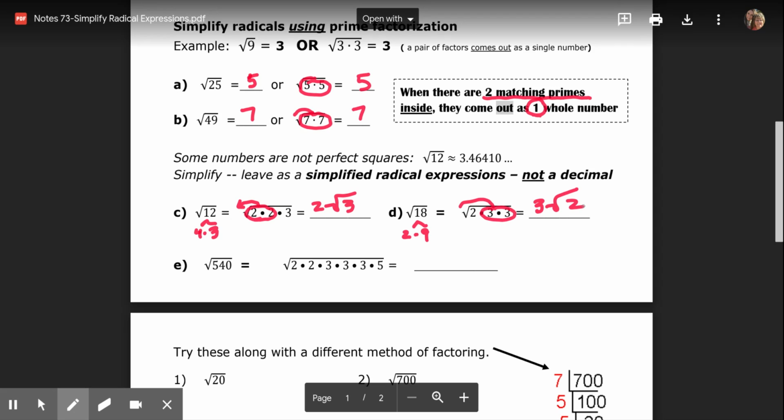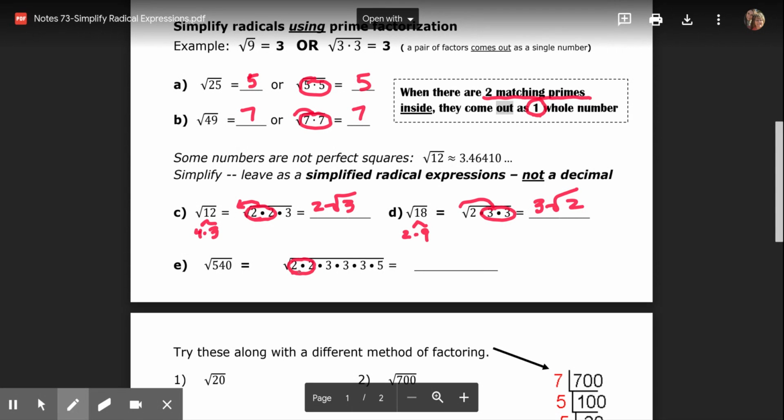Letter E, 540. So I've broken 540 down into 2 2s, 3 3s, and a 5. So I'm going to circle a pair of 2s. And then,